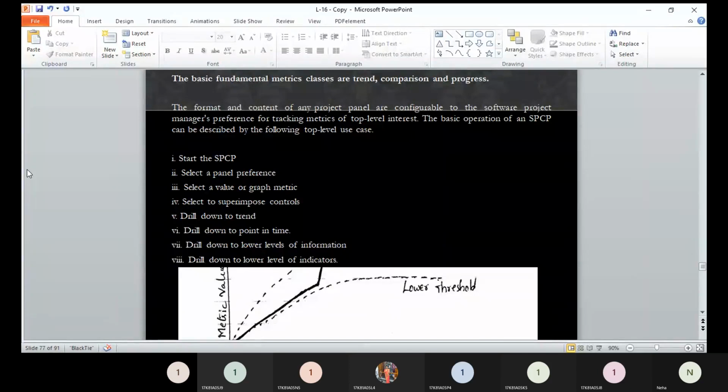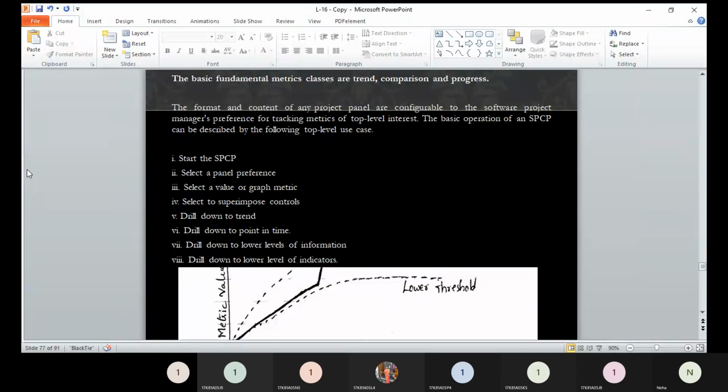Okay. Second one, select a panel preference. Panel preference means the user who is utilizing this SPCP has to give this preference, which panel layout he wants to be displayed, and in that one actually the authorization has been given to the different users according to which they have to log in.